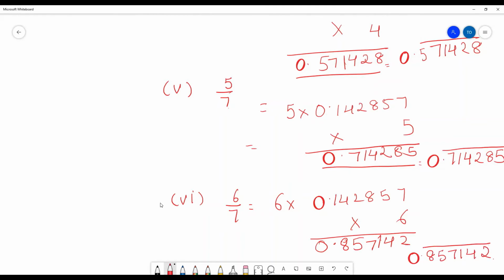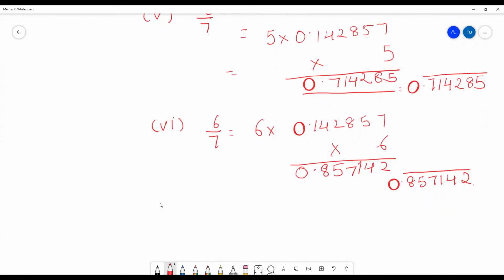So these are our decimal representations of these numbers. And I have to tell you one thing: whenever you have such numbers, you can just use this easy method so that you can do your calculations.